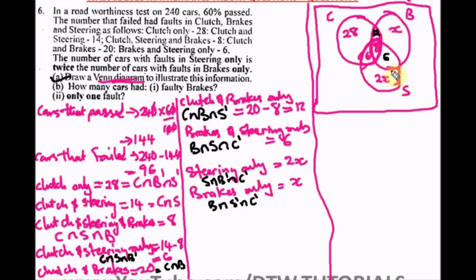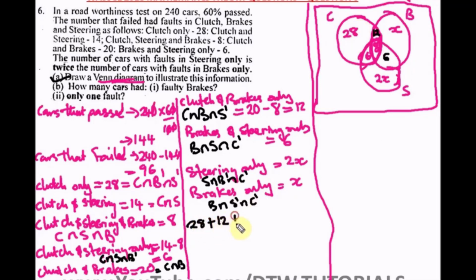Since we have x here, to get the value of x, it will be the summation of everything in the box equating to our universal set, which is 96. So we're going to sum all these values in the Venn diagram and equate to 96. So what do we have here? We have 28